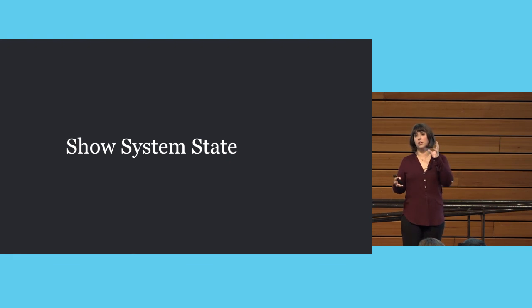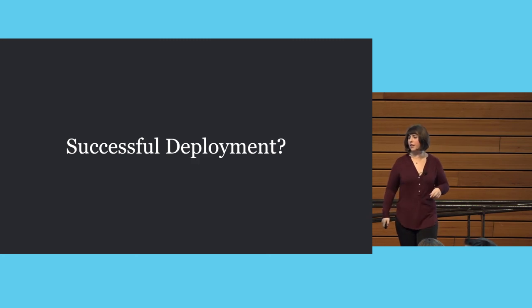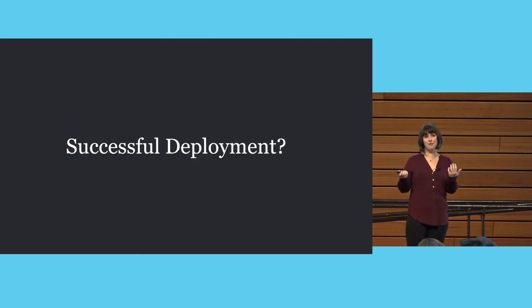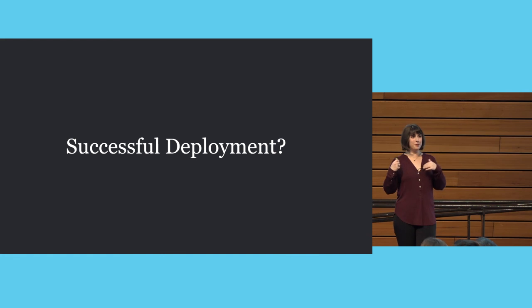We're not just looking at individual applications anymore. You need to know that if we deployed a new version of this thing, another part of the system didn't start failing. You don't want that to happen. So you need an overarching view of system state, which is mostly relying on those application level health checks. And then the system also needs to have a way to determine whether a deployment was successful or not. It's not just a human that needs to know, it's the system itself.